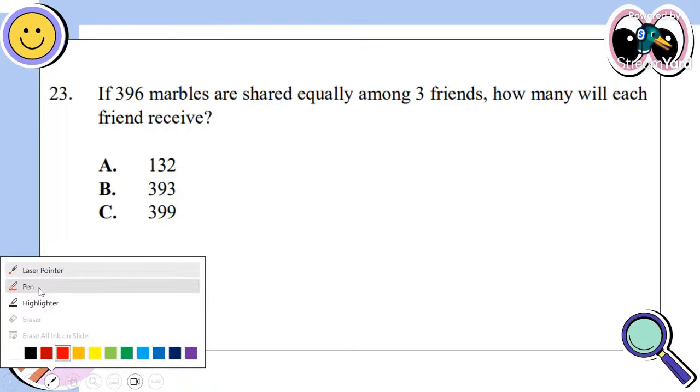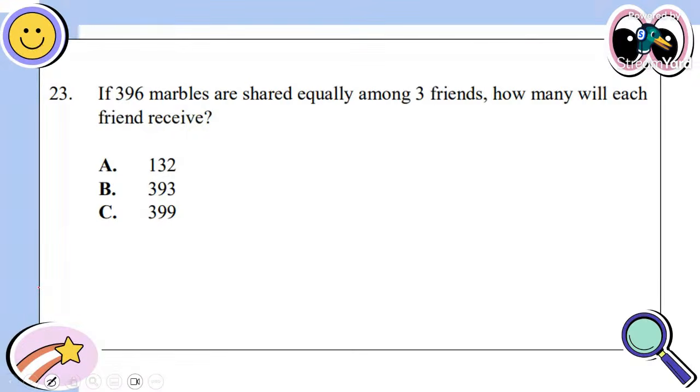So let me just go right ahead. We can always do this mentally, but let me set this out to divide. My divisor in, my dividend, and I can divide. So I'll first start by saying, how many groups of 3 can I get from 3? Because we will start from the number closest to the divisor when we do it like this. That will be 1. Thank you, William.